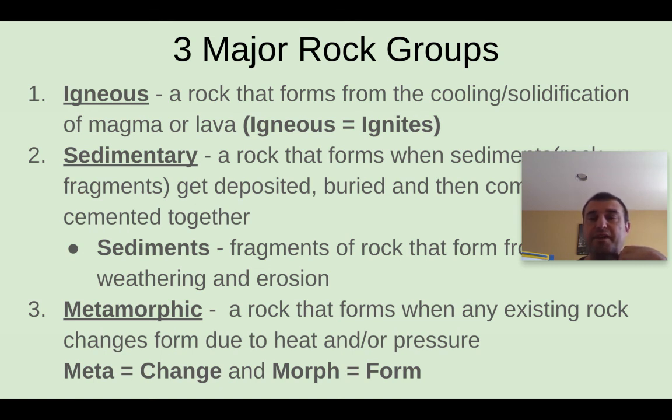I kind of like to think of it as a burnt rock. So like if I had a real bad burn right here on my shoulder, okay, and you saw it, it would visually look different than the surrounding skin, right? The texture would be different. The color would be different. There would be a lot of differences that you would know, ooh, something happened. That part of his skin has metamorphed, has changed form. It got burnt. Same thing with a metamorphic rock. It's really just like a burnt rock or something that has gotten so badly deformed due to pressure.